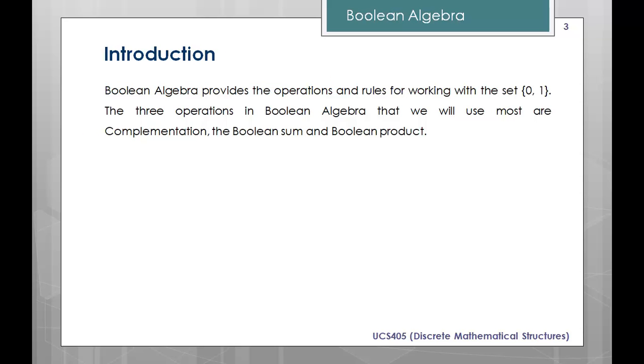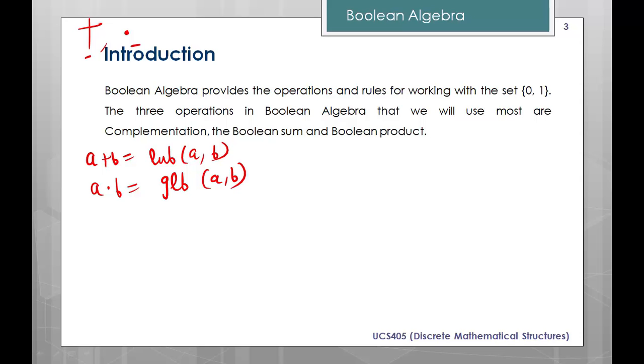See, Boolean algebra is a complemented distributive lattice having at least two elements and also having a greatest element and least element. We will define operations on Boolean algebra which are induced from the idea of GLB and LUB of lattice. Two binary operations are there, that is plus and dot. Plus is the least upper bound, a plus b is the LUB of a comma b. A dot b is the GLB of a comma b.